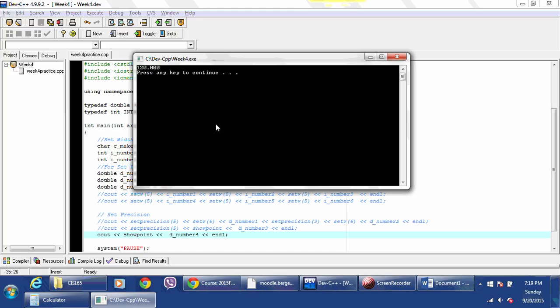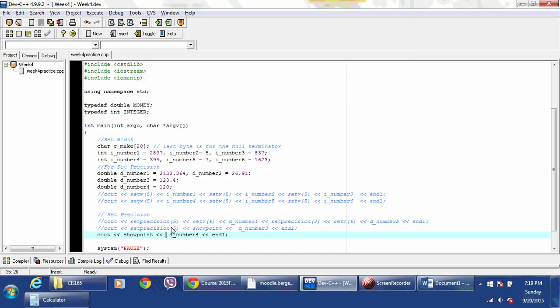Now the thing with these output manipulators is C++ is very difficult to pinpoint output in general, so you have to play with these yourself to get to the precision that you want. So usually, for example, if I were to do this, once I combine this one